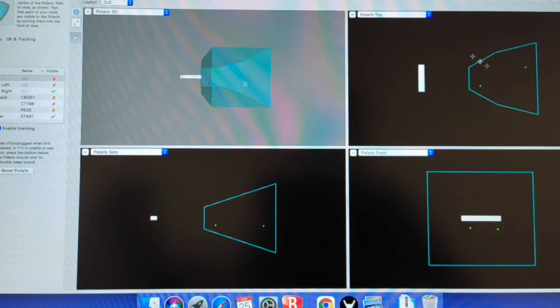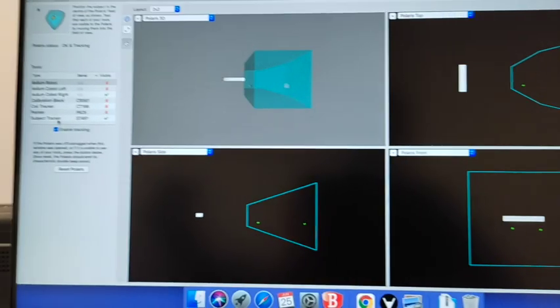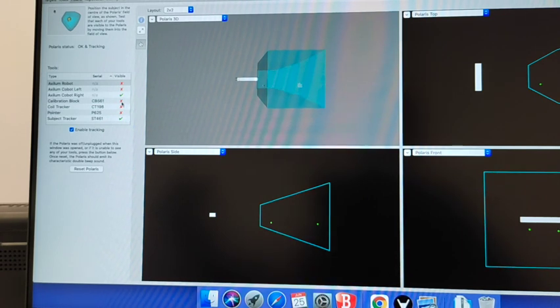Here's the Polaris view from the top, from the side, from the front. Important is that both the assigned column Cobot on the right side and the subject tracker are visible. We are using the setting on the right side because we want to stimulate the left side. So next step, here nicely visible. So we go to the next step,